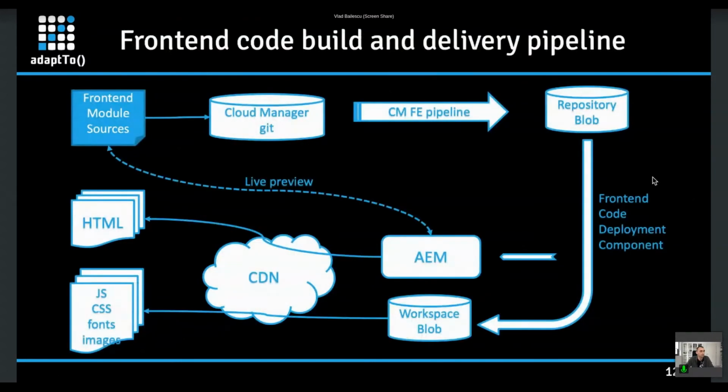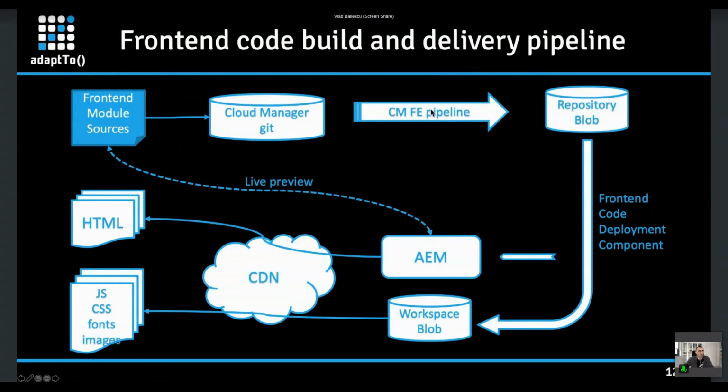So now you have AEM that's delivering HTML content. You'll have a live preview, and you can use the front-end module sources, the theme sources, and make changes to them and see those live over the content that's delivered from AEM. And when you're happy with the changes, you just push them to the Cloud Manager Git. There will be that dedicated front-end pipeline